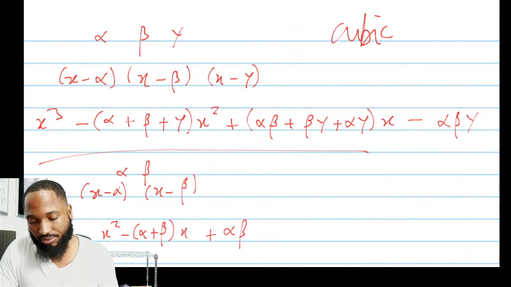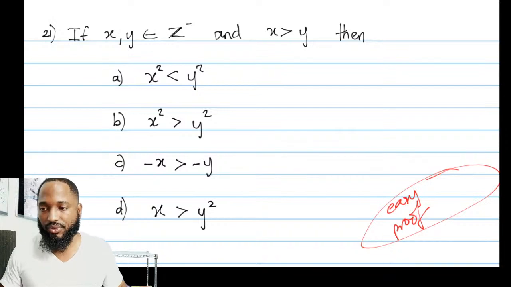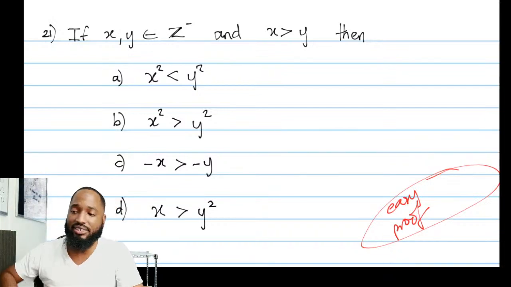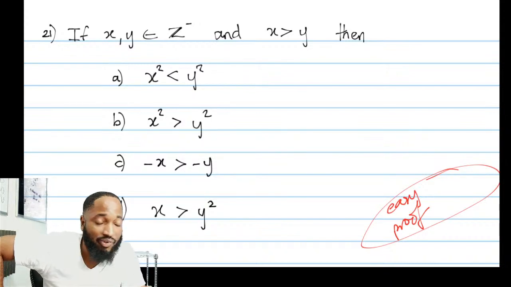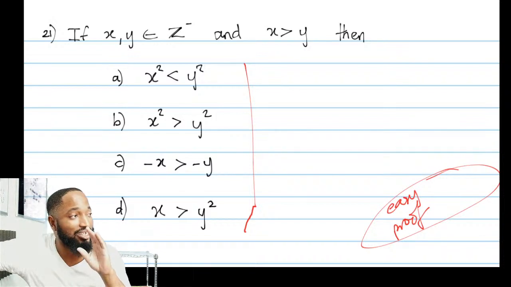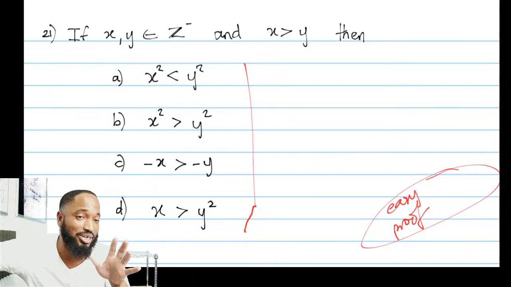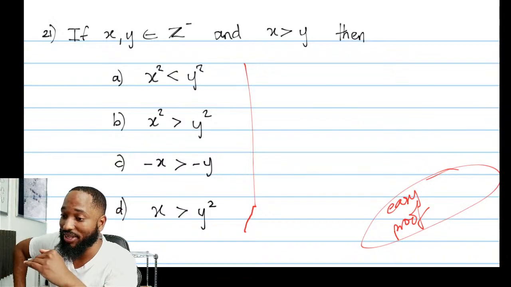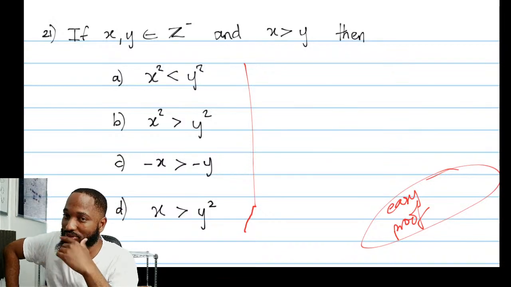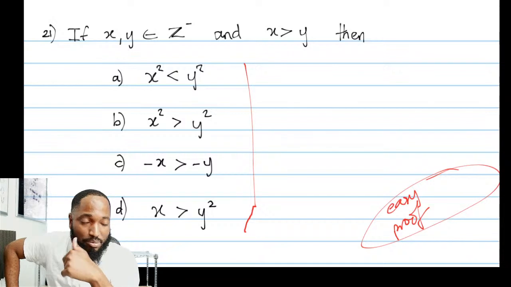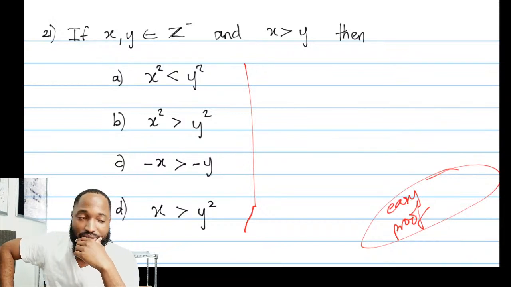Next question. Alright, so if they bring in proofs, they'll bring a silly little proof like this. The thing with proofs, you could always just verify, because proofs only come as a hard question when you don't know what the answer is. But if you have proofs and the answers live in the multiple choice somewhere, you could just watch the answers and gauge it using the hacking method. Just use random numbers to see which one works out to give you the answer.